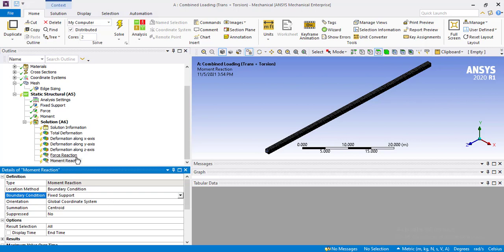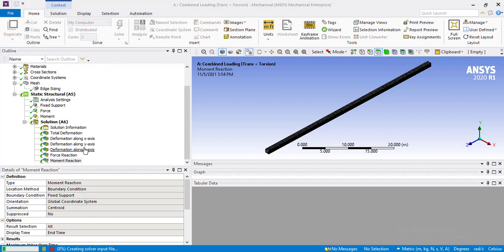All of these results have been added, the boundary conditions have been assigned and the mesh has been applied. Now after doing so, kindly solve the model by clicking on this solve button. All of these results will be evaluated by ANSYS software. As soon as the model solves itself, we will be able to visualize the results.